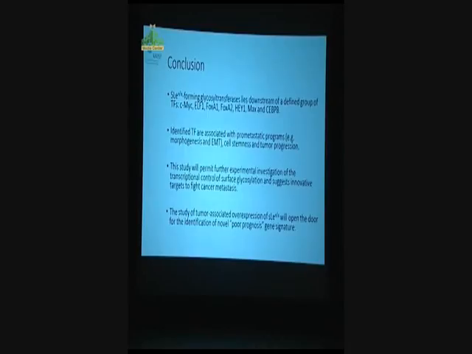So just to brief, Sialyl Lewis X forming glycosyltransferases lie downstream of a defined group of transcription factors like c-MEC, ELF1, FOXA1, FOXA2, HEY1, MAX. Those are the top hits of our study. And we believe that the identified transcription factors are associated with prometastatic programs like morphogenesis and epithelial mesenchymal transition,